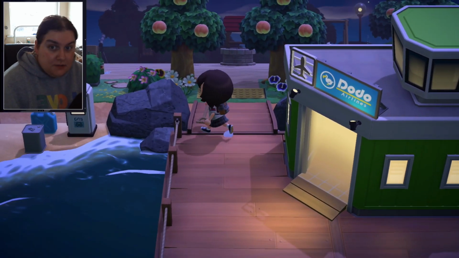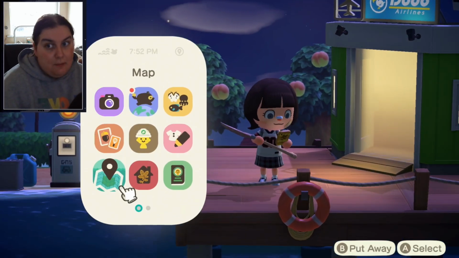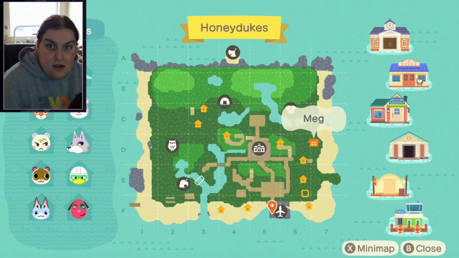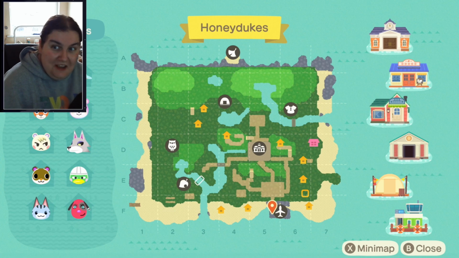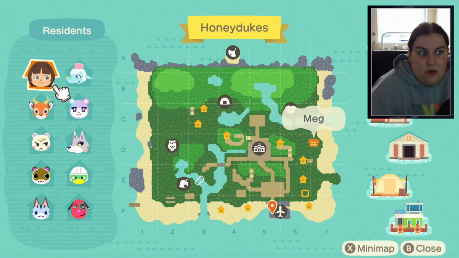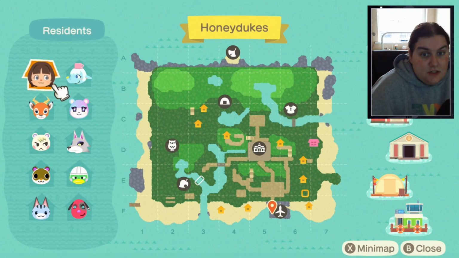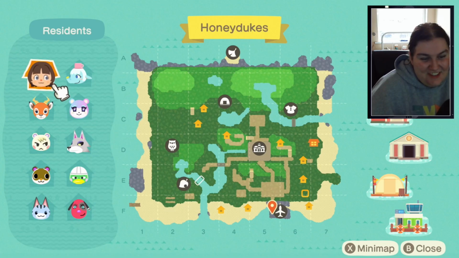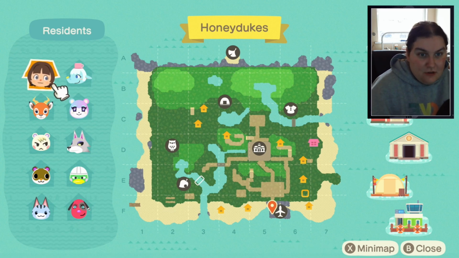This is my island. We'll start by looking at the map so that you can see all of the villagers that I've got. I named my island Honeydukes because I like Harry Potter and I couldn't think of another name. So this is Honeydukes. To go over the villagers that I have got, as you can see in the bottom right, there is currently a spot missing. I had a villager move out today and we'll get into that in a minute, but these are my current